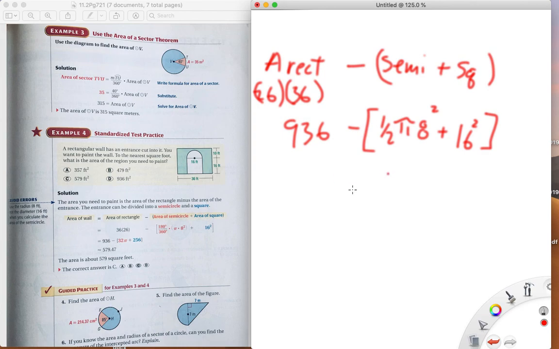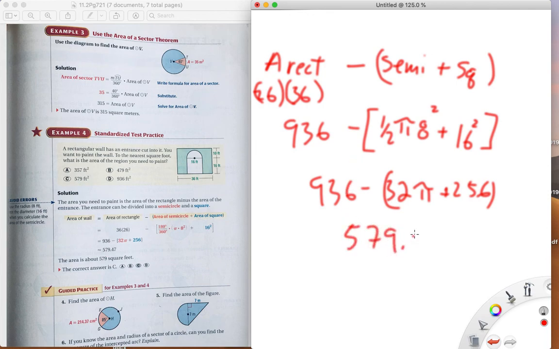And the book says that that is 32 pi plus 256. 32 pi is 100.53 plus 256. And the book says that it's about 579.47